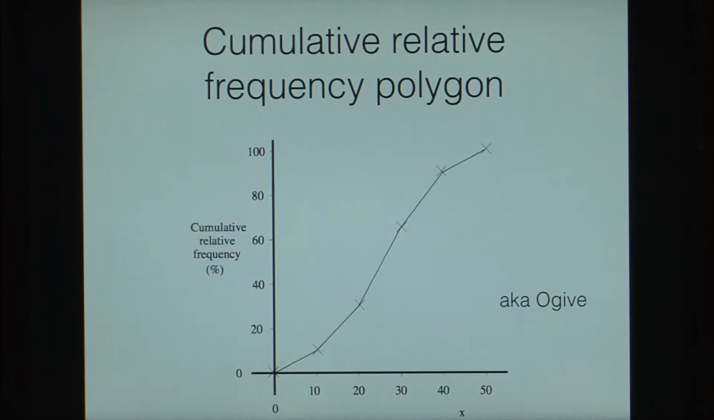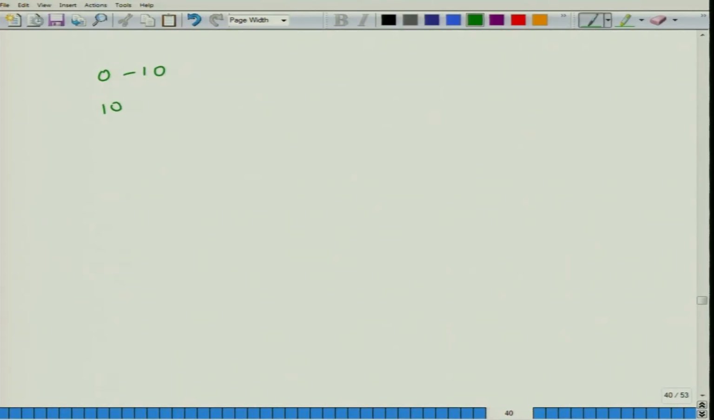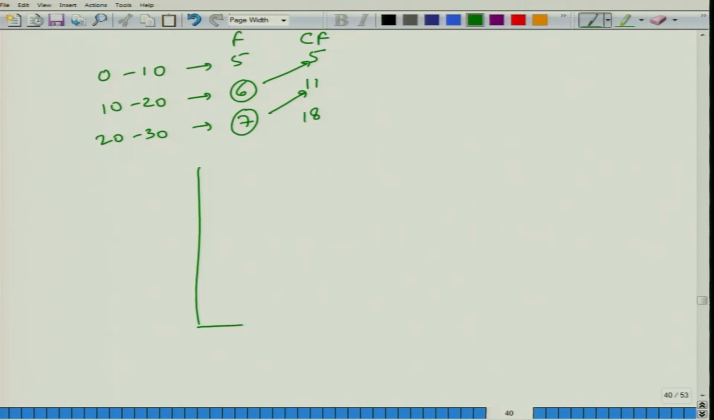So, essentially if we had a distribution of say 0 to 10, 10 to 20, 20 to 30 and suppose these had the values of say 5, 6 and 7. To plot an ogive, you will make a cumulative frequency. So, this is the frequency and the cumulative frequency, this becomes 5, the next value becomes 6 plus 5, that is 11, the next value becomes 7 plus 11, that is 18. So, now if we plotted, so 10, 20, 30, and suppose this was say 5, 10,